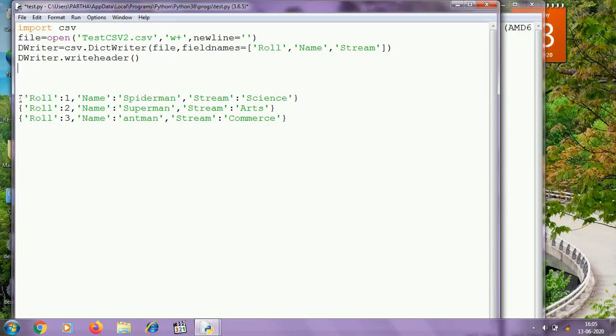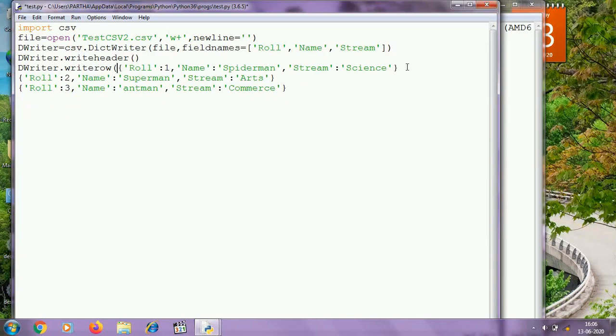To write this dictionary I can write dwriter.writerow, and within parenthesis I can mention the dictionary that will be written to the file. So these three dictionaries are written to the file.